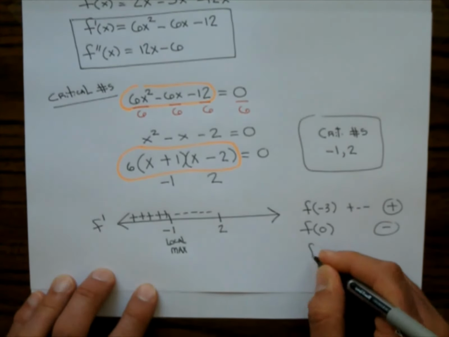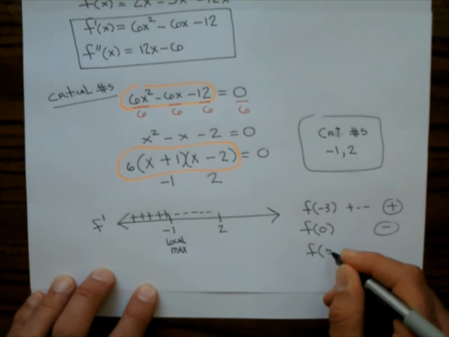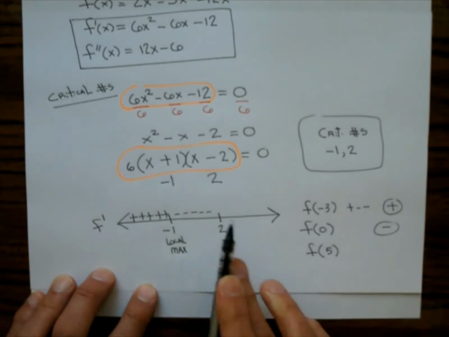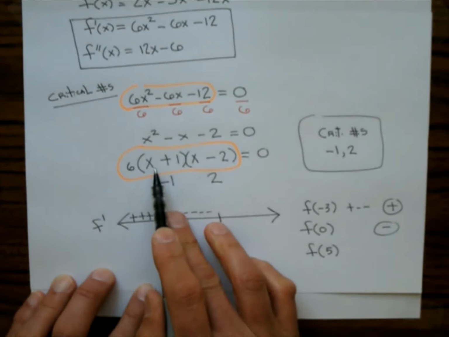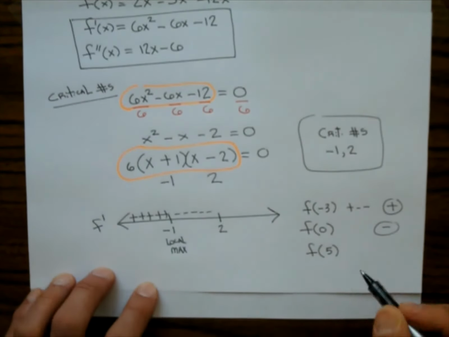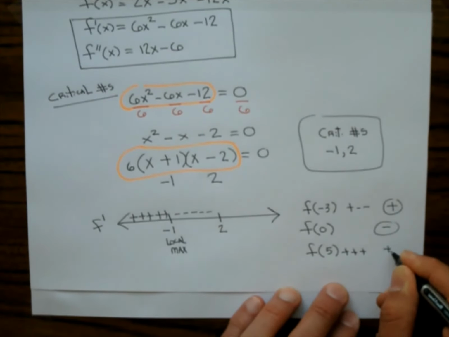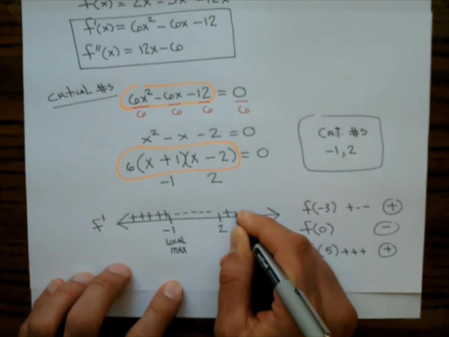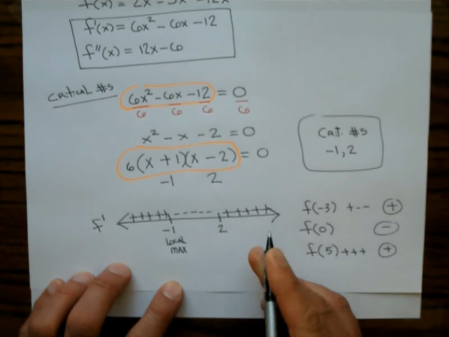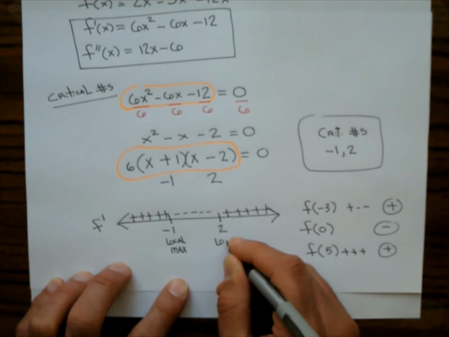Let's go ahead and pick a number that is on the other side of 2, like 5. And we can put it into the original derivative, or, if I put it right here, I have a plus. 6 is always plus there. And then we have plus, and then plus. It's 3 pluses in a row multiplied by each other. That gives us a plus. So it looks like the graph goes down and then goes back up, which shows us that we will have a